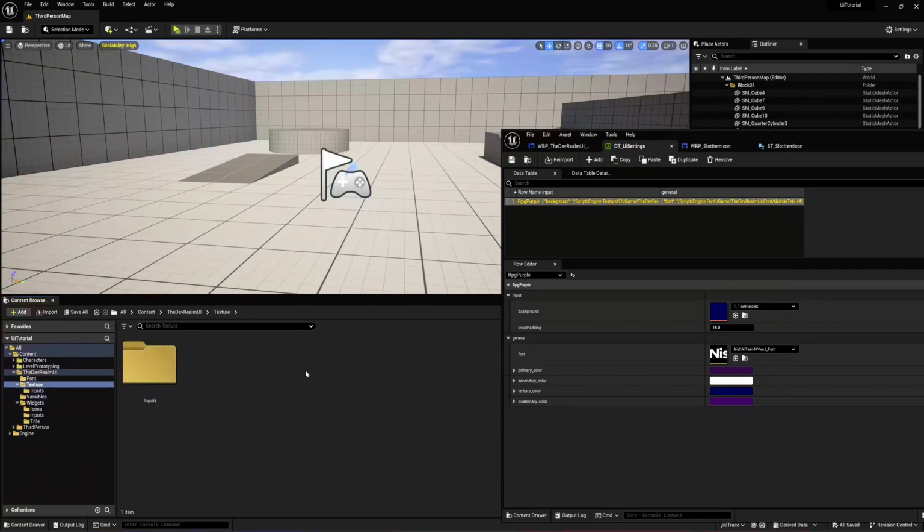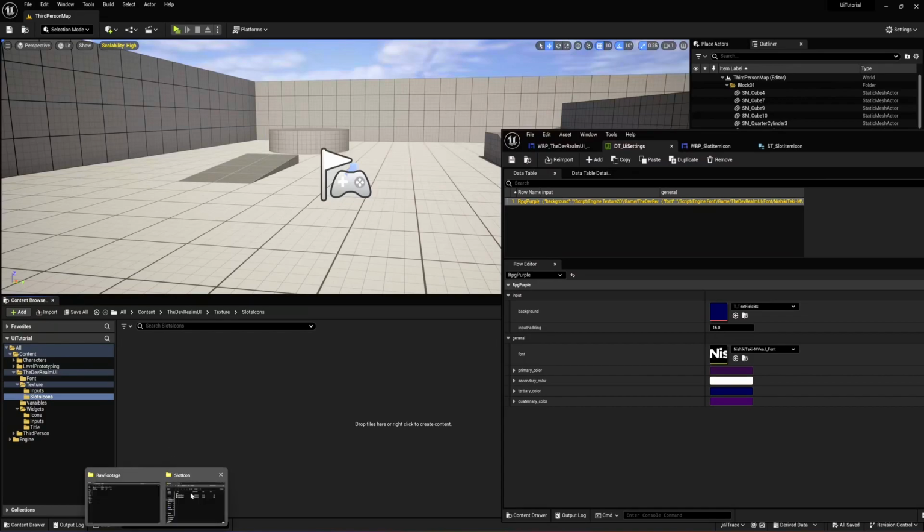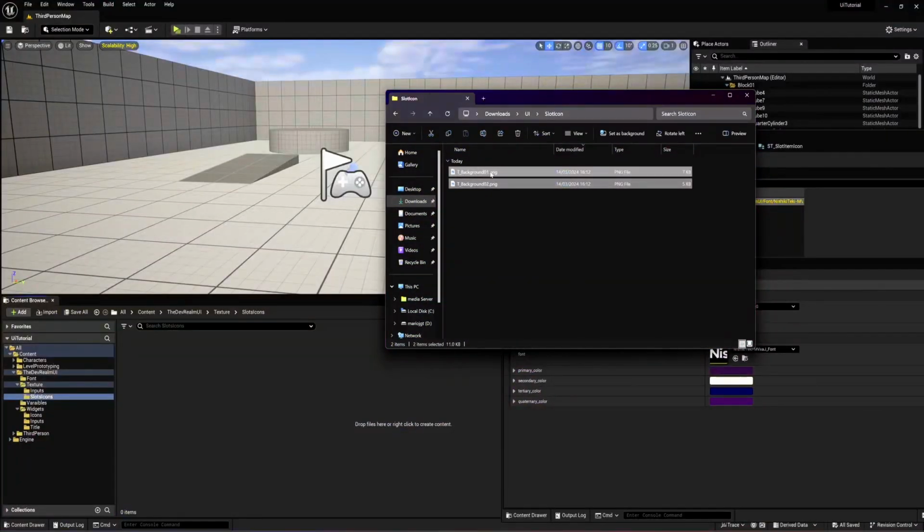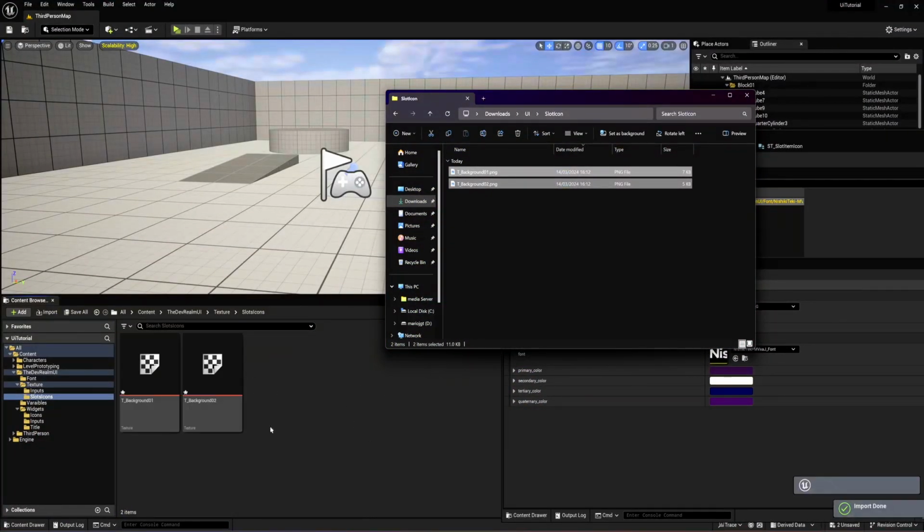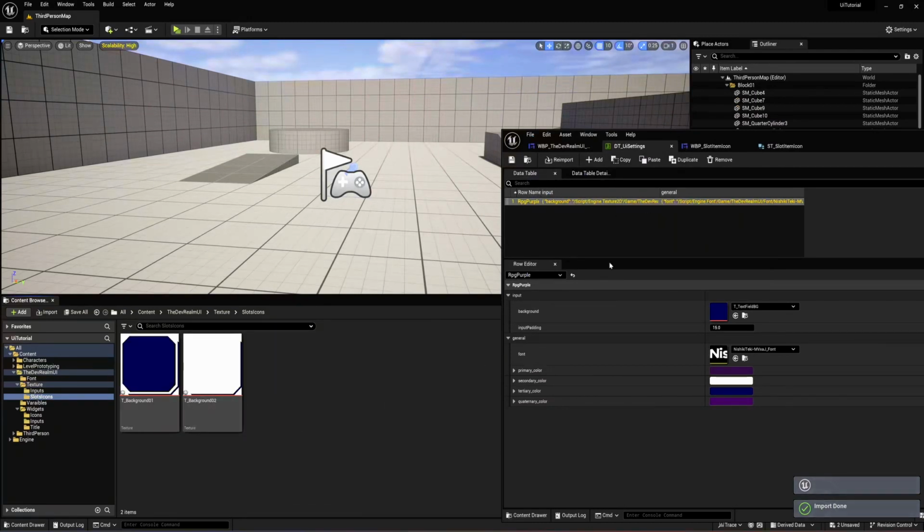So on our texture again, I'm gonna create another folder called slots, or icons or whatever. And now I'm just gonna drag and drop this stuff right here. Cool. Now that we have this stuff and the information here,